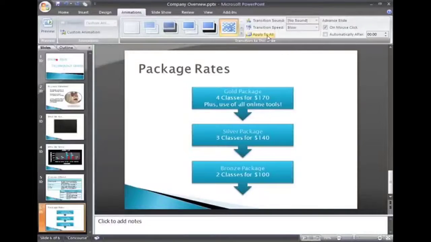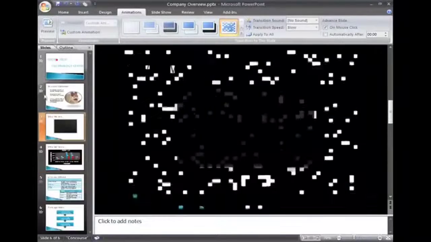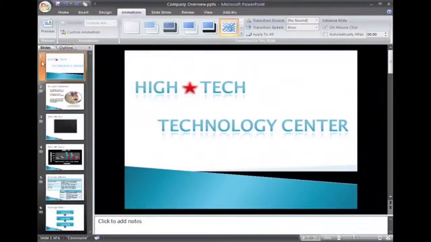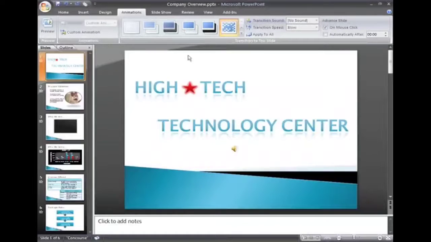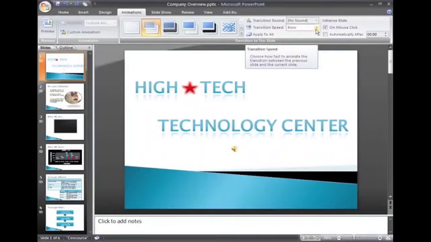So this way you can apply the transition effect in your slide. See how it looks. You can choose different transition effects also. Okay, so hope you understand all that. And the transition speed also you can change, and if you click apply to all, then whatever you have changed, the speed slow or fast, will be applied to each slide.